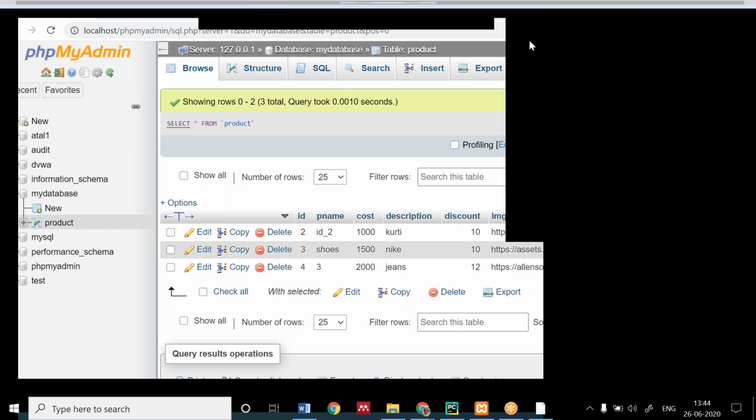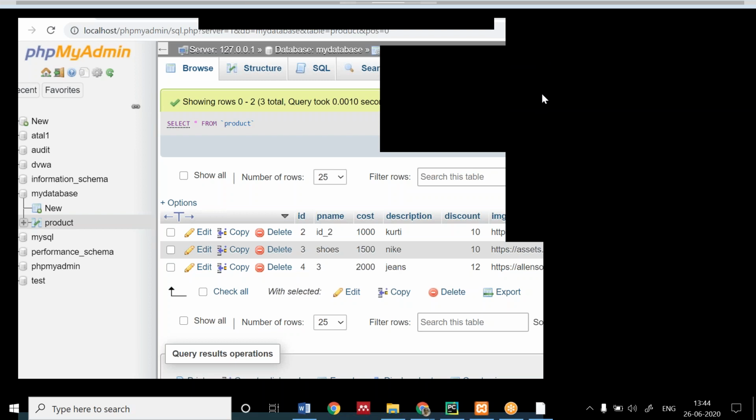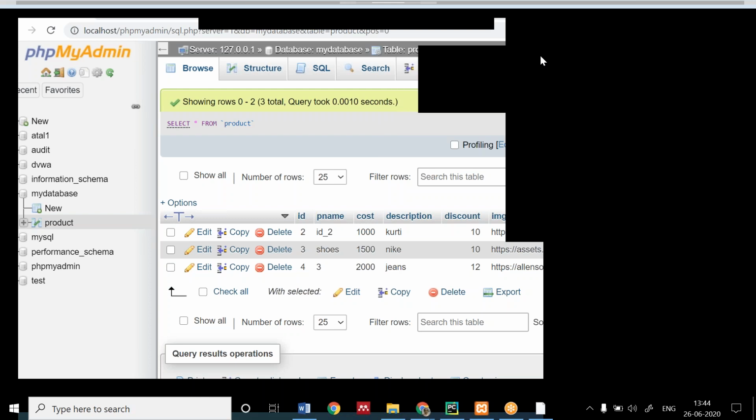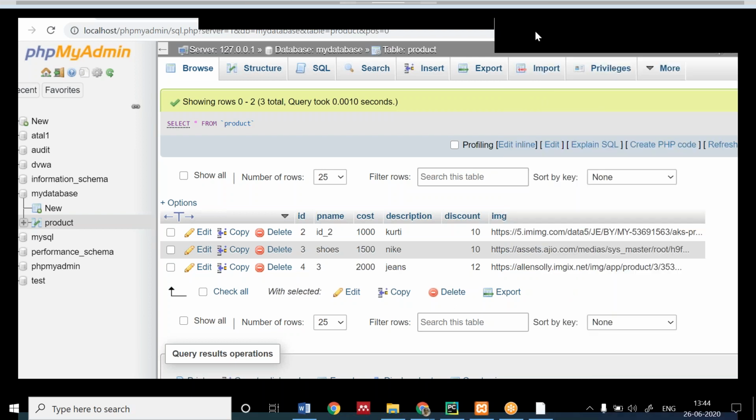Then it will call that image. Shivam, is there some image format or not?